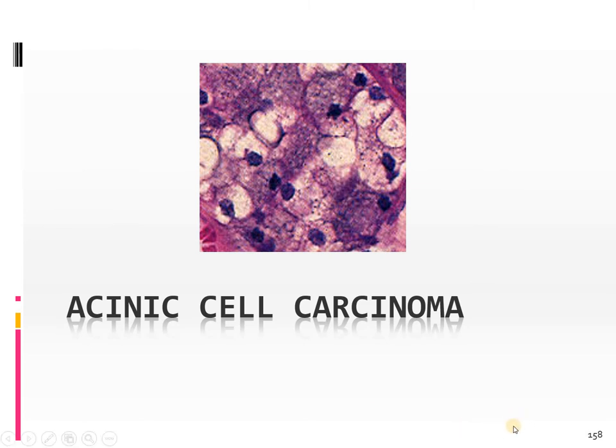Another tumor that is notorious to be misdiagnosed is the acinic cell carcinoma. When we talk about salivary gland, the salivary gland acini are basically divided into two entities, a mucous acini and a serous acini, although they do occur together. Whenever you look at a serous acini, they are more granular because they contain zymogen granules, which are rich in the amylase enzymes that are required for digestion. These zymogen granules, or enzyme generating granules, are noted in acinic cell